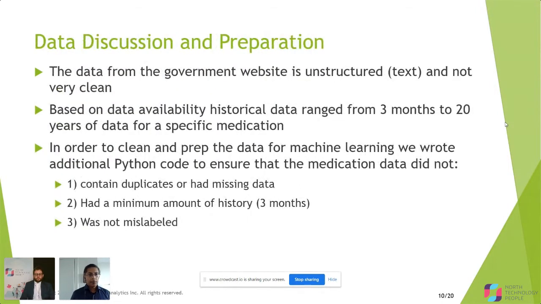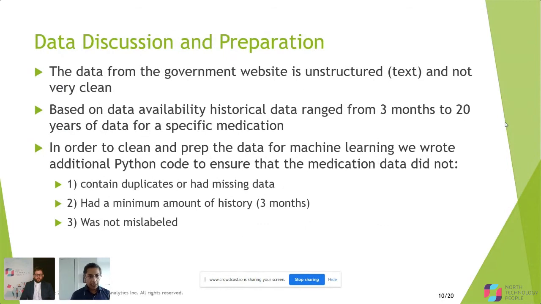Okay, a little more discussion on the data. As I mentioned, it is unstructured data, and it's not very clean. If you look at the data yourself, there are a lot of gaps, a lot of missing rows, and things are not labeled properly, which is not a surprise, obviously. A lot of the work that data scientists do, about 60-70%, is data preparation and data cleaning, and that's what we had to do. So we wrote custom Python code to actually analyze